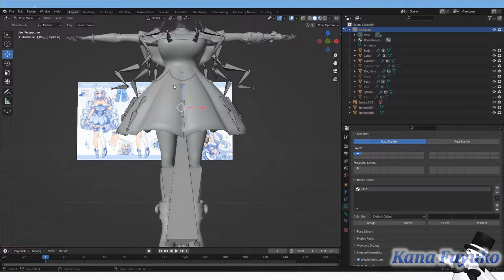collider bones. Now, Blender's a little finicky when it comes to colliders, because I use the Wigglebone add-on, and the sad part is the developer stopped updating the Wigglebone add-on, and they never added the collision feature, which is pretty disappointing. But it's okay, because there are other add-ons such as, I think, Dynamic Pro add-on that does some sort of collision. From what I've tested, it was very finicky and I didn't like it, so I stick with Wigglebone for an easier setup that isn't too intense on my PC or too crazy of a setup.